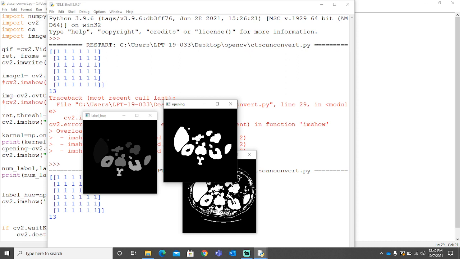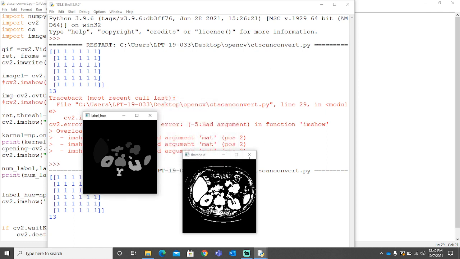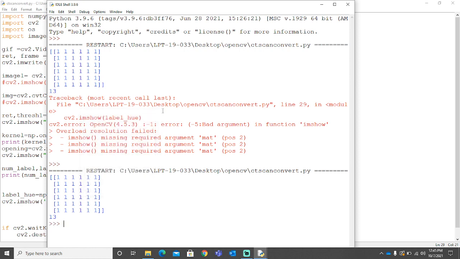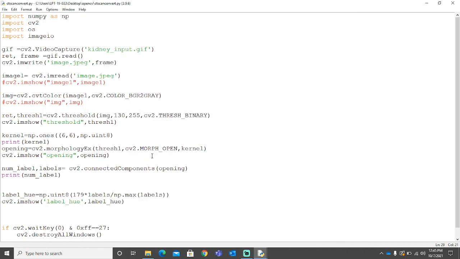You can see here that the label hue thing we did has differentiated all these components in different forms of black, maybe from white to black. So it is a little grayish, a dull gray. Okay, so we have given it different values of black and white.